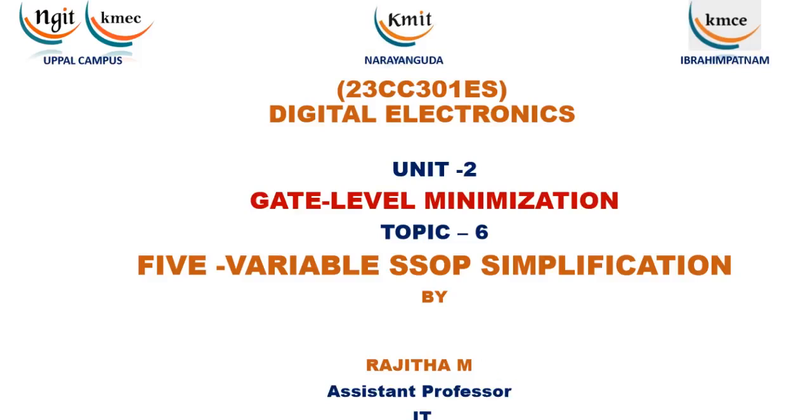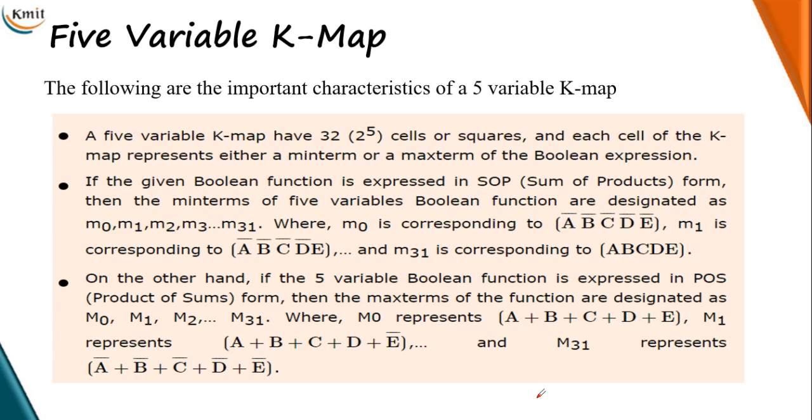Today let me learn about how to minimize a 5 variable function which is in the form of SSOP using the K-map method. So before moving to the simplification, let me have a brief discussion on your 5 variable K-map. A 5 variable K-map has a total of 32 cells, where those 32 cells can represent their